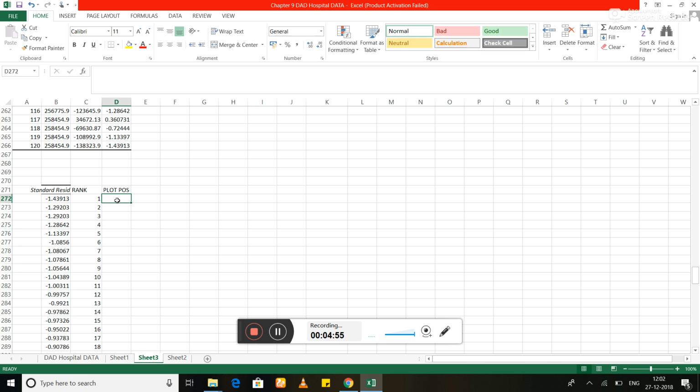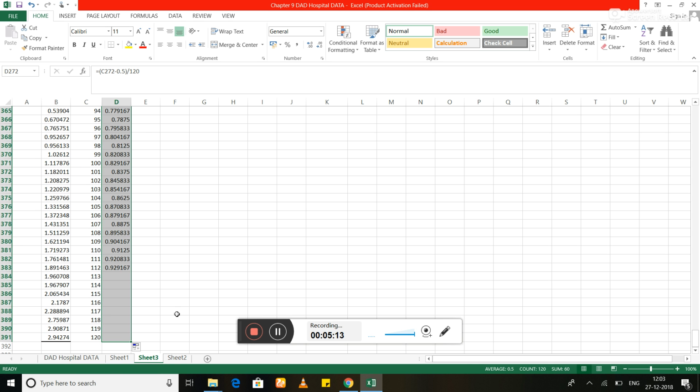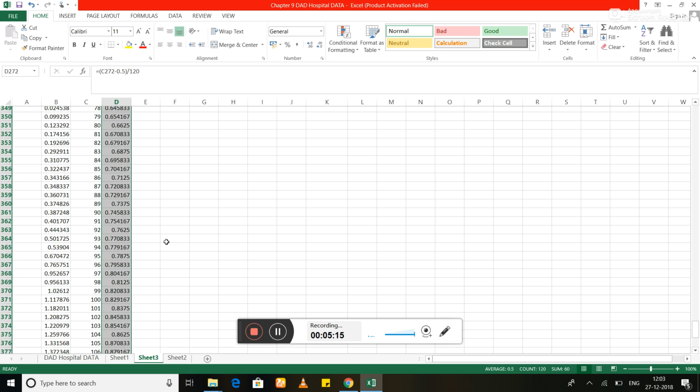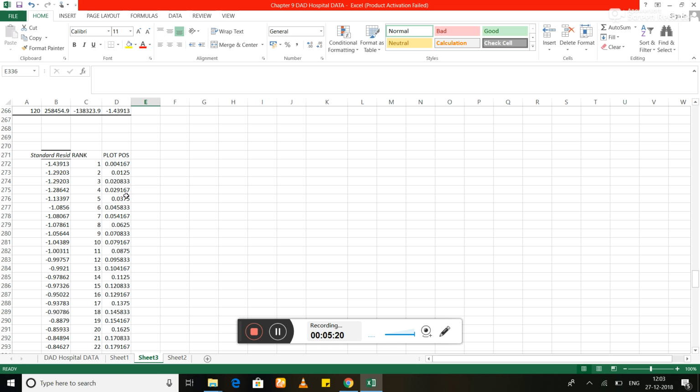This is got by equals this rank minus 0.5, divided by 120, which is the number of observations in this particular example. Enter and just drag it. I hope you get this. Now you have to understand why 0.5 and what exactly this plotting position is giving you.